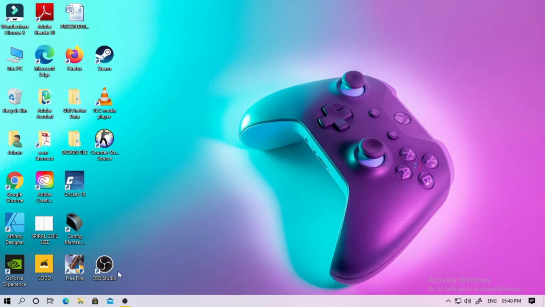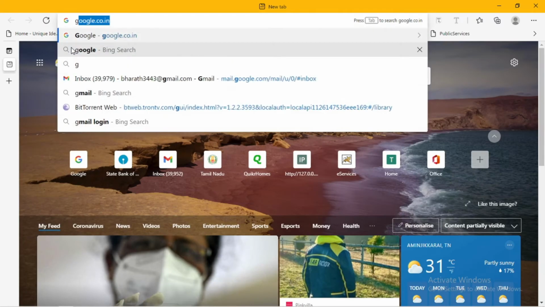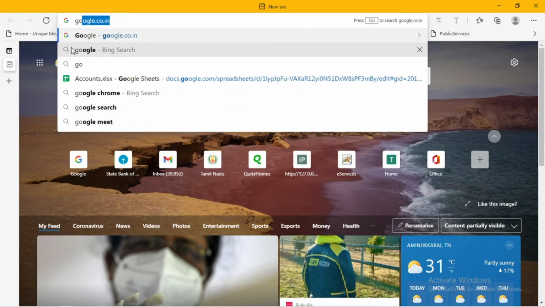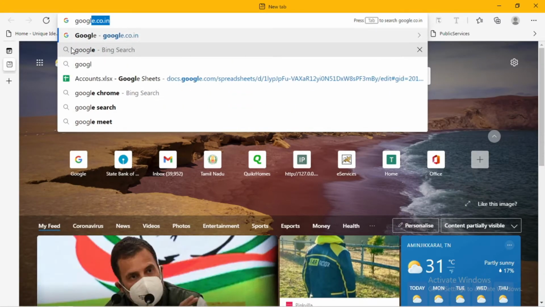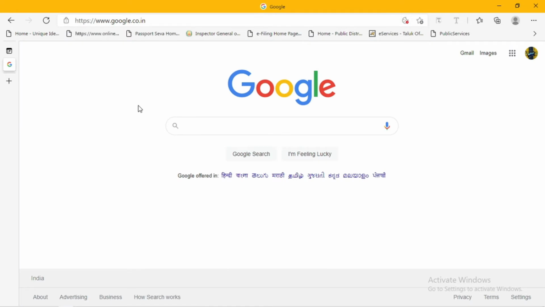Today we're gonna see how to download GTA San Andreas game for PC. So I'm on the desktop, and I'm just opening the Microsoft Edge browser, which is the default for Windows 10. I'm just clicking on it. I'm going into the search engine, typing Google, google.com. I'm just clicking enter, and in the search bar I'm gonna type